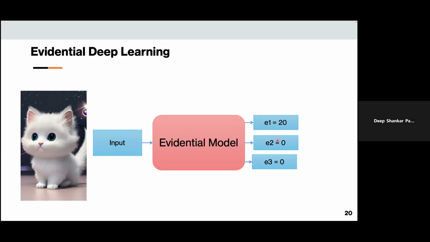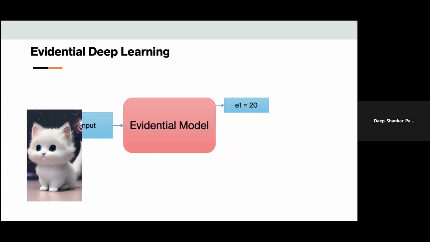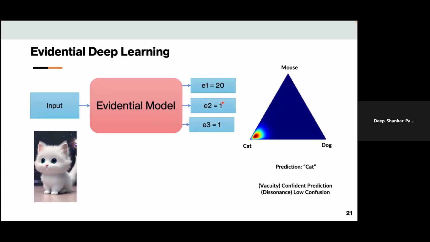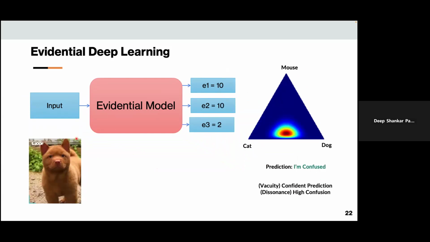For our original issue, that the input was quite confusing, containing features from multiple classes, this evidential model can output high evidence for multiple classes. This translates to a sharply peaked distribution, but one that's not centered at the corners, but between some of the classes. So here what the model is saying is, it is confident in its prediction, but it's confused. It's basically confused between the cat and dog, but